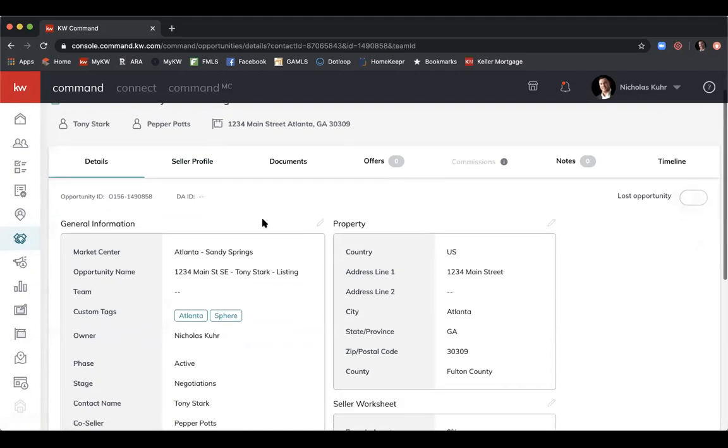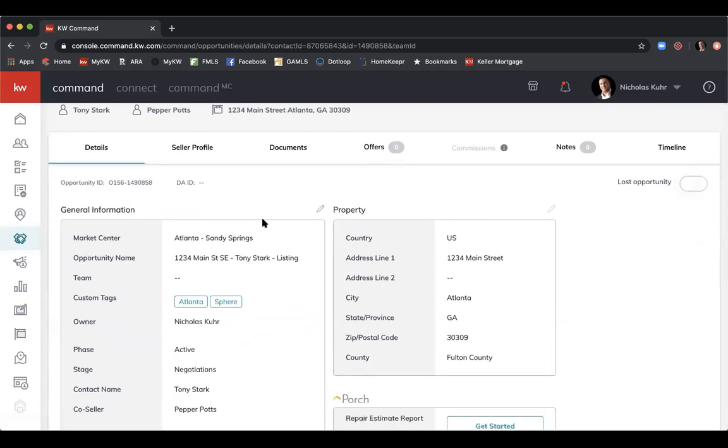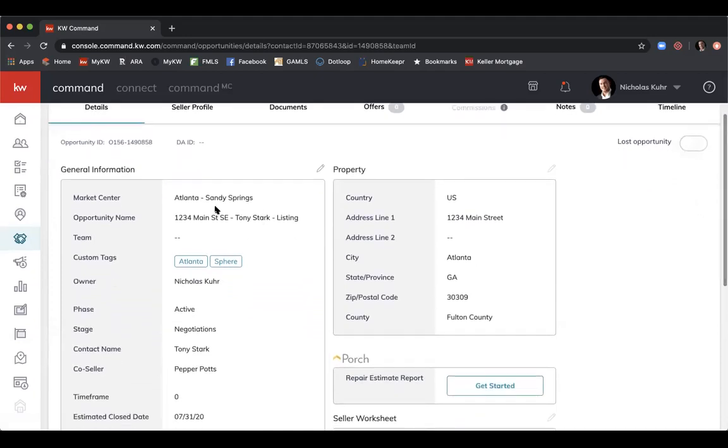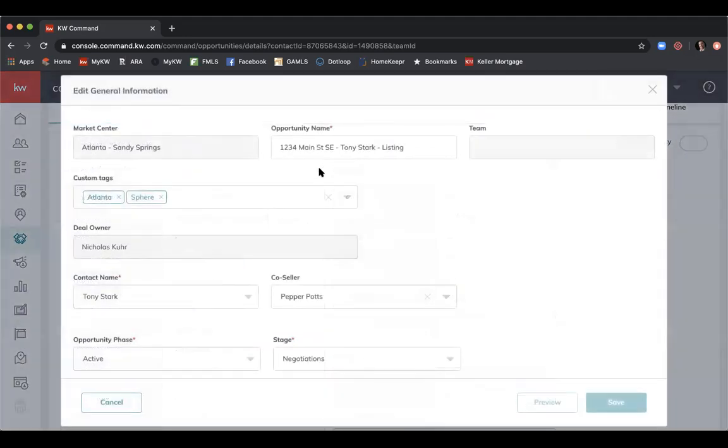And you can see here is all the information that I added. I've named the opportunity. So it's 1234 Main Street. Tony Stark and Pepper Potts are my clients for today. And I actually incorrectly, I need to add Pepper Potts to my opportunity name. So I'll just quickly update that. So update this to Stark